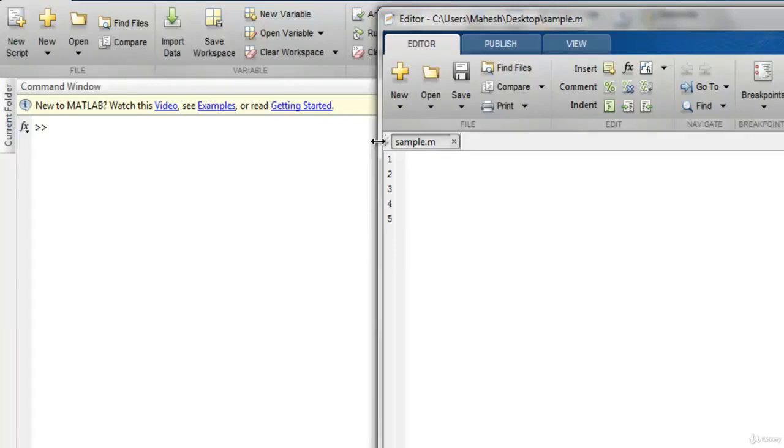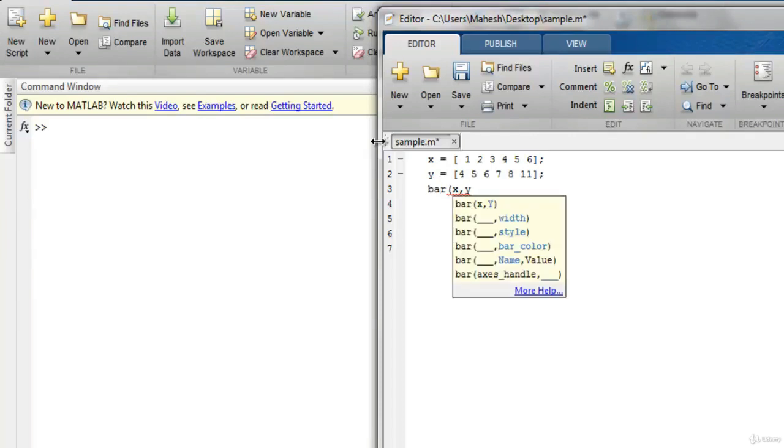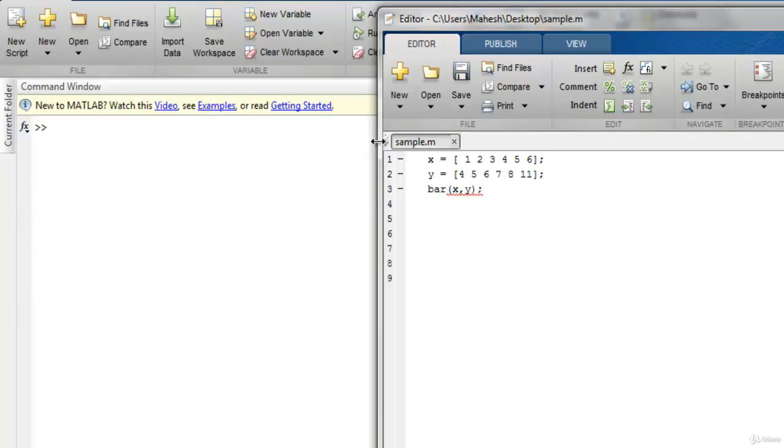Hi there. So in this video we're going to see how to publish your Matlab code in HTML format. Let's first create one plot, let's say a bar plot. I'm going to create one array with values 1 2 3 4 5 6, then another array with the values 4 5 6 7 8 11. Then I have this bar function that takes x and y as arguments. Okay, and let's execute this and find out how to